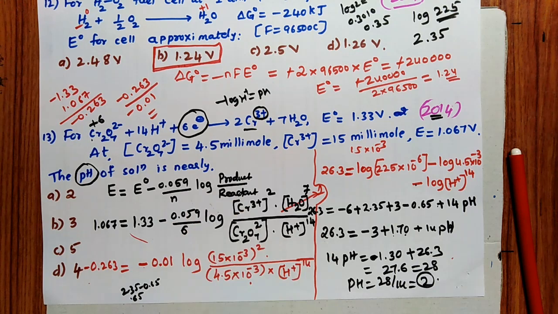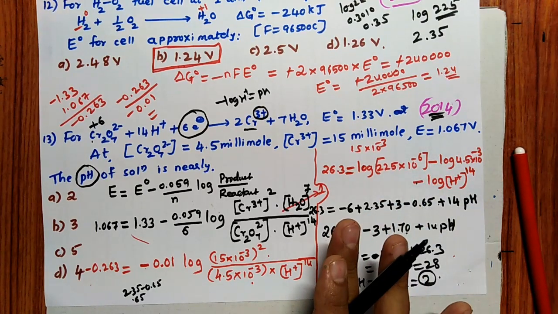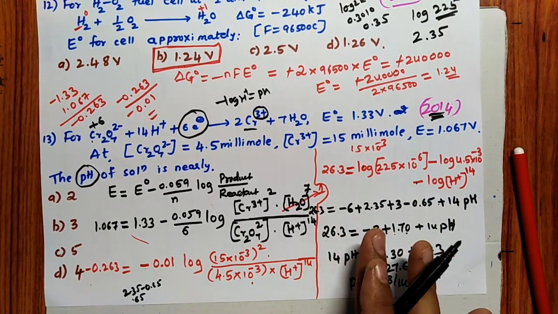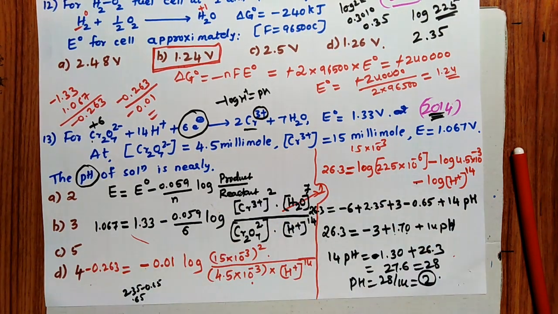Correct? So as I told, this is not a problem which you can finish in 1 minute. It is very, very difficult. Sorry, my dear students. But they have given it in 2014. The 2014 paper is the one which we felt was the toughest paper in the CET. So definitely they have given it, and you have to solve it like this. If you have not understood, once again go through this particular video.